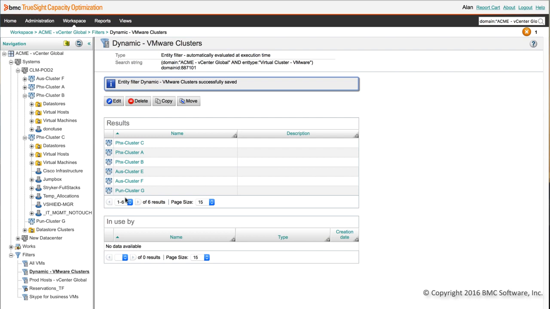And you'll notice that I now have all of my clusters that are in my vCenter Global domain. And if I add additional clusters to this domain, then this search will dynamically pick those up and update the results of the entity filter accordingly. From here, I can proceed to create an analysis or a model and leverage my new entity filter, whether it